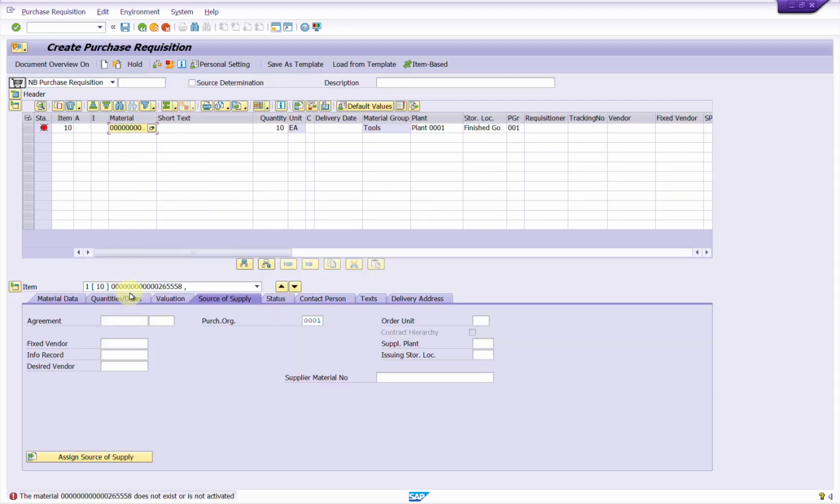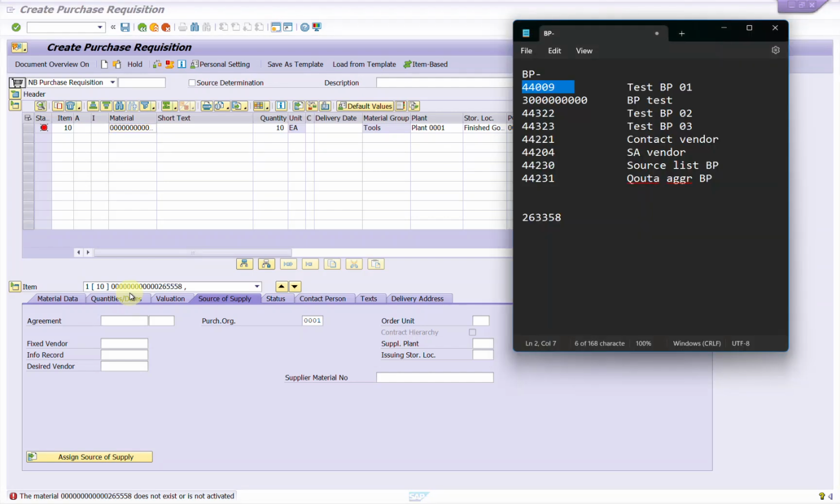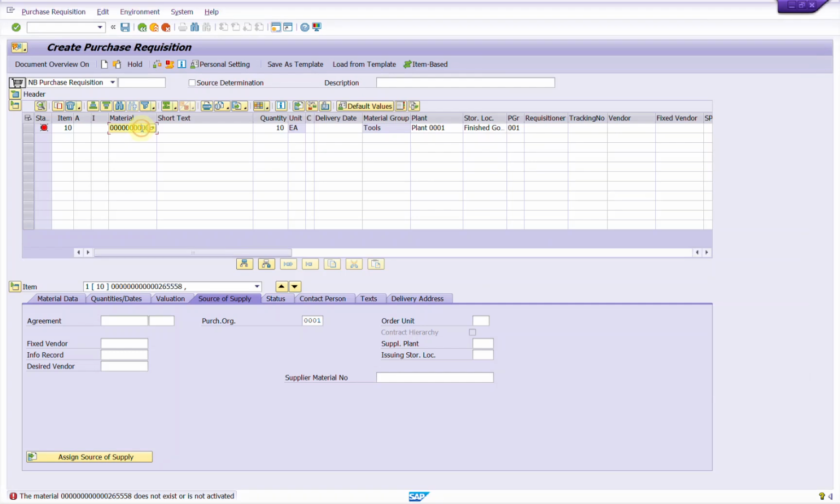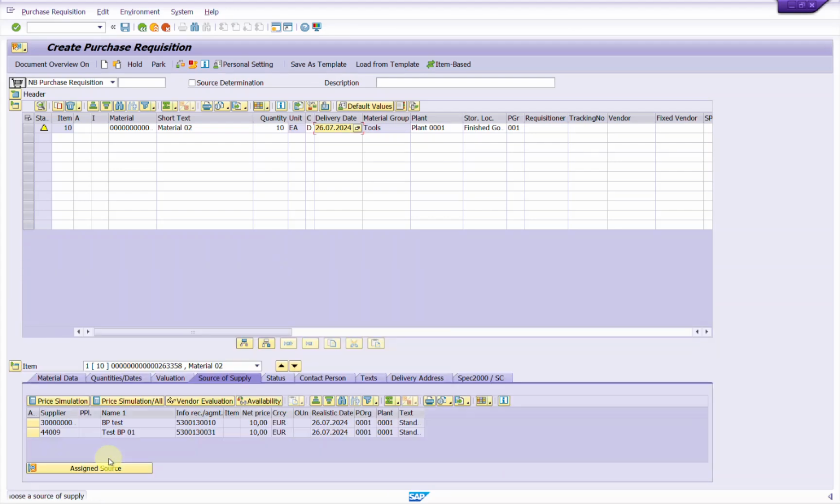Now, let me check what material I have created. Oh, sorry, 33. 263358. Okay, now it is right. So now if I click on source of supply, system will give me all the possible source of supply